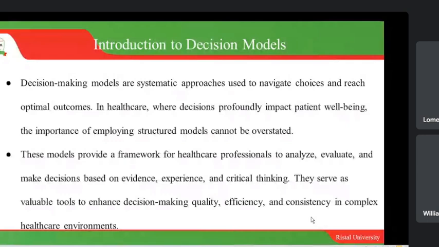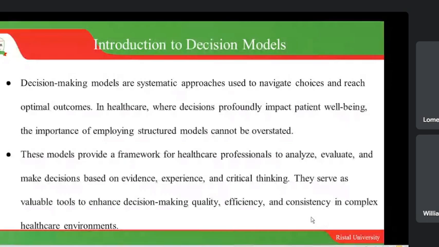Simply saying, decisions can make or break a patient. We can make a decision that is going to get a patient out of danger, and we could also make decisions that are going to find us losing the patient. So we have models that are going to assist us to make these decisions, and that's why it is important